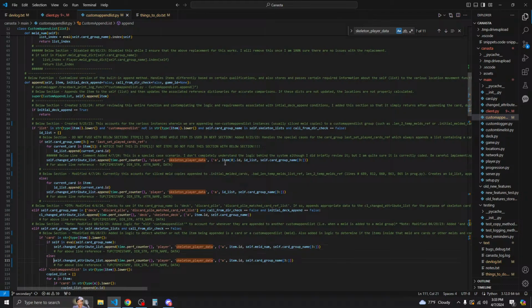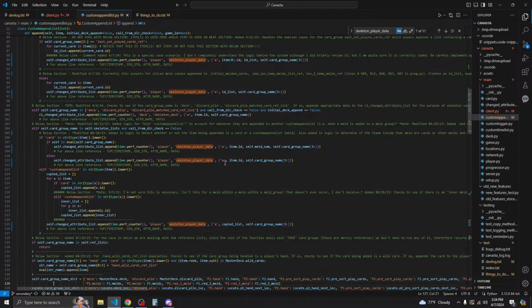Alright, and then we say else self change attribute list append timestamp player skeleton player data a and then just item id. We don't need the meld num because it's just in the card group, not within a meld in the card group.